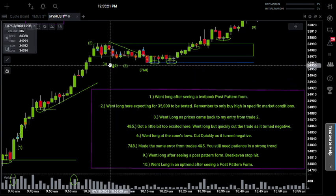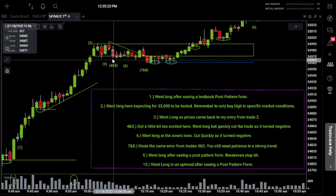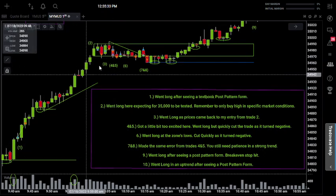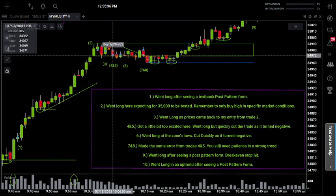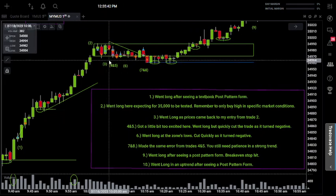Now, I say I got too excited because I saw how strong the trend was, and I know on days like these, it's only a matter of time before the trend starts to continue, and it's going to continue very strongly, more than likely, based on the price action that we've already seen. So I'm like, okay, right here, prices are about to move. Let me get in and let me ride the wave up,